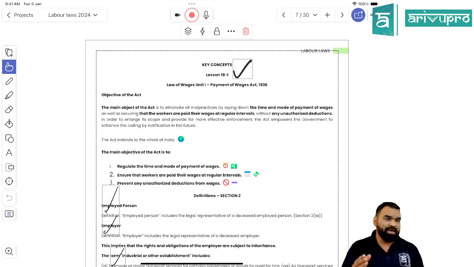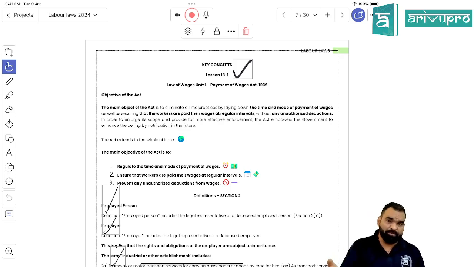While calculating 7 days, 10 days, 7 days, they have just used the plain language, days, right? But while calculating those 2 days, they have mentioned the term working days. That means Saturday, Sunday or any non-working day would not be counted for computing those 2 days. Wage should only be paid on a working day. If the due date of payment of wage is a holiday where the organization is not going to work on that day, wage has to be paid on the preceding day.